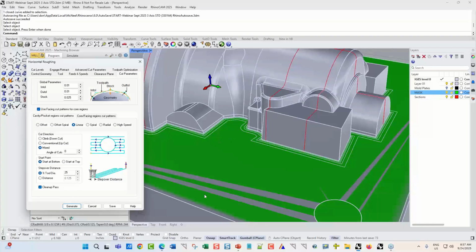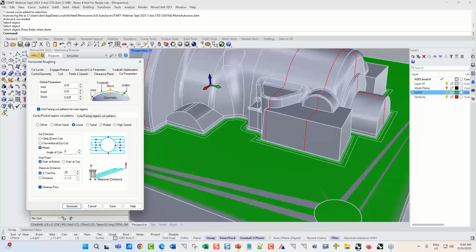What's going to happen is it's going to do parallel cuts, and then it's going to do a really nice cleanup around this parting plane. And that cleanup is going to be an accurate bitangent cut. In other words, the